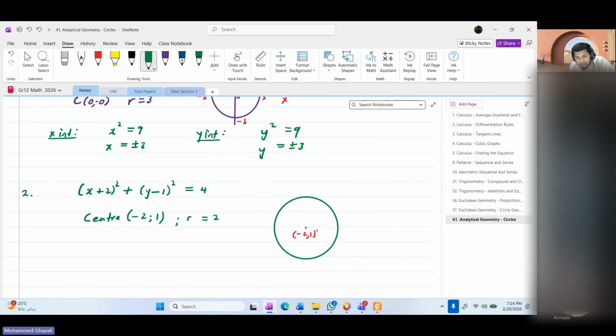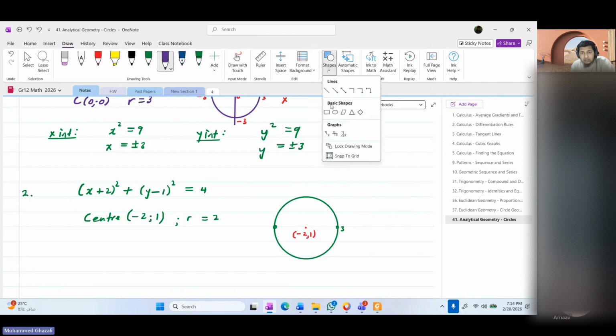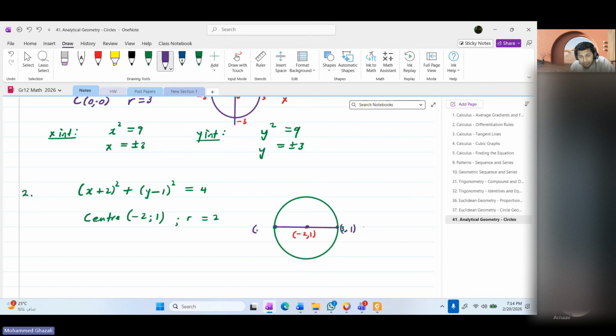So if you go horizontally from here to there, see, that's a radius. If you go horizontally from here, that point will become 3. If you go horizontally the other way, it will become -5. See, on the horizontal line. Remember, the horizontal line is very important. You see, that's a diameter. So you're going 2 in that direction and 2 in this direction. So this point will become (0, 1). It's important that you know the end points on the circle as well. That point will become